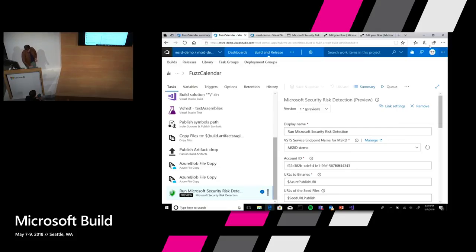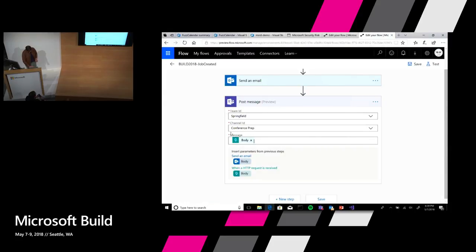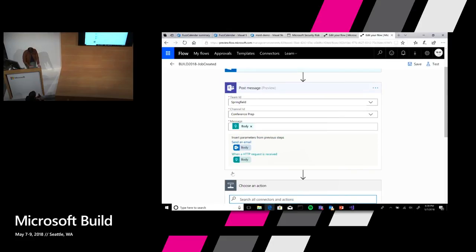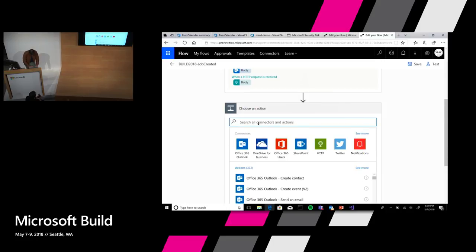So we go back to Microsoft Flows. I've got this. I'm saving this. But there's actually over 1,000 other connectors, and more being added all the time. If I want to just connect it, I say I want another action. So for instance, if I want Visual Studio Team Services,